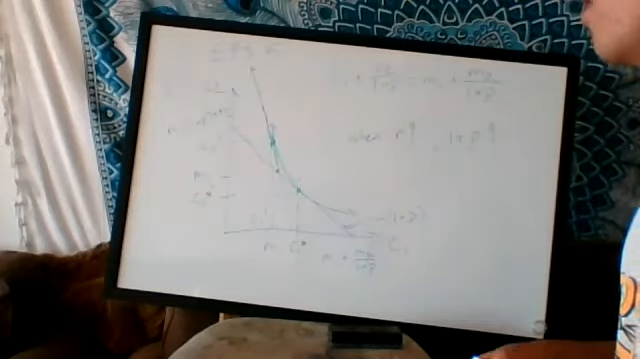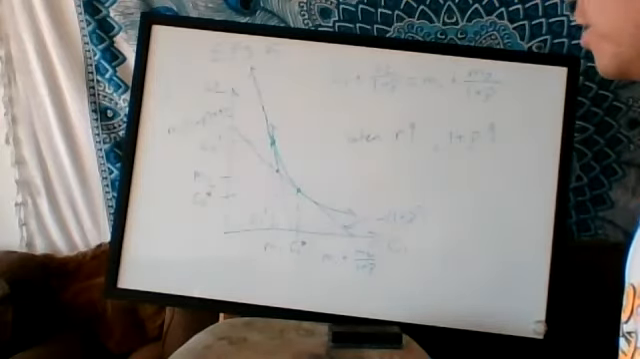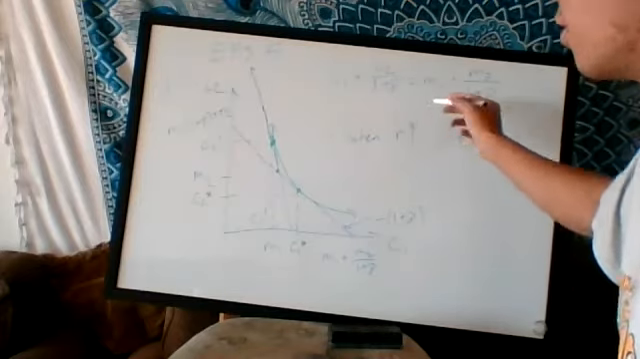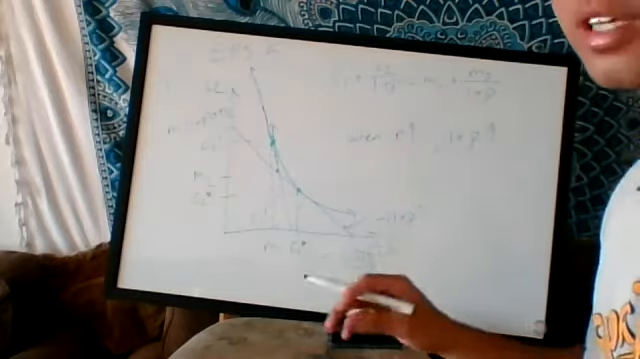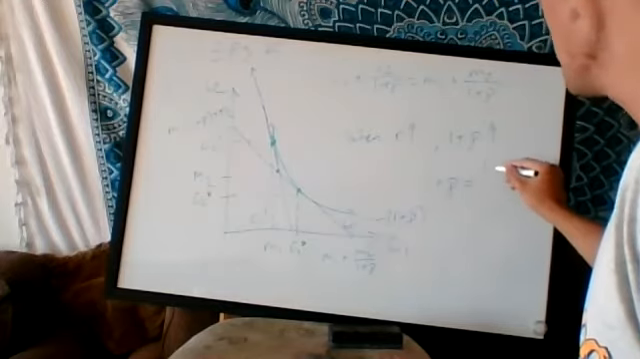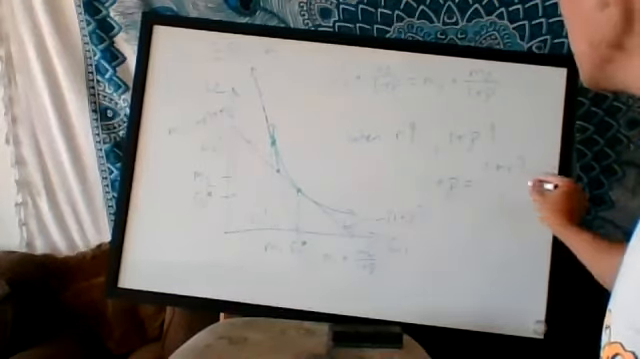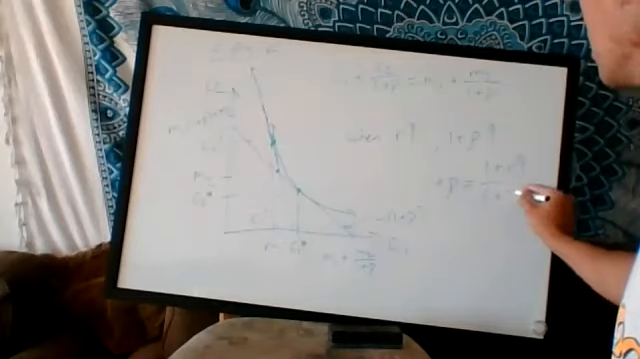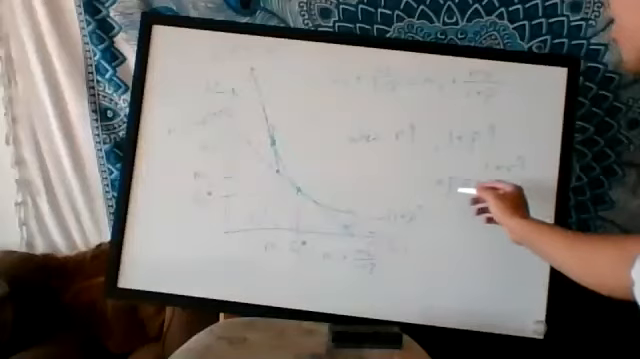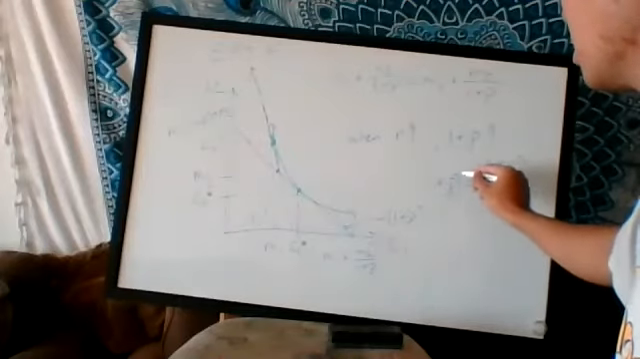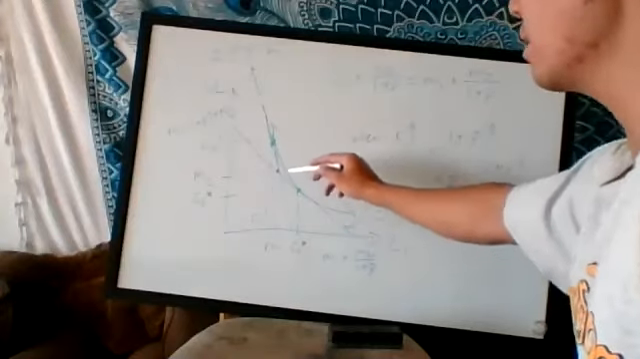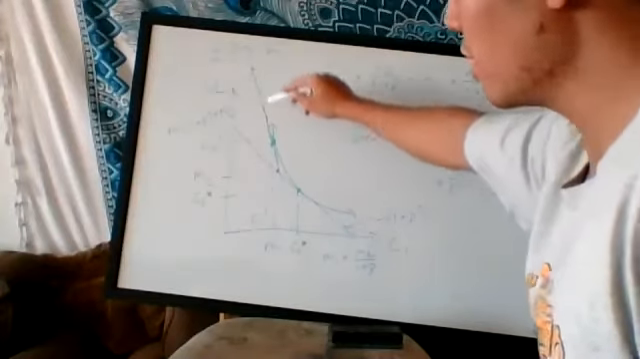So how we draw this change is, first, we recognize that when the nominal interest rate increases, we assume that everything else stays the same. So when R increases, that means the numerator of this fraction is going to increase, meaning that 1 plus rho also increases. And so when 1 plus rho increases, that means that the slope is going to